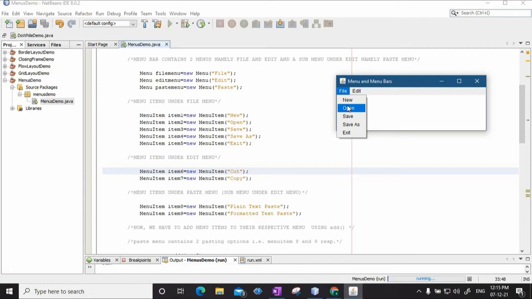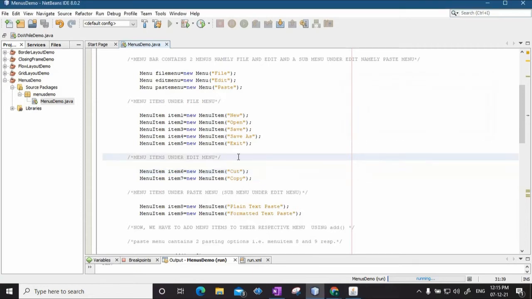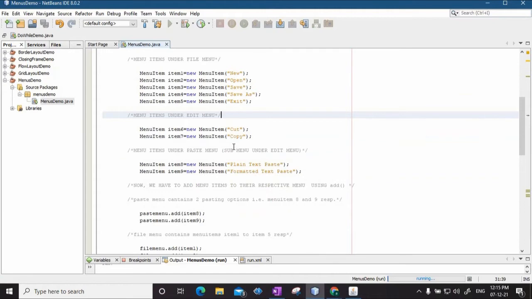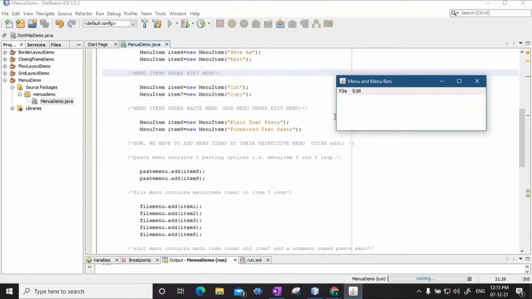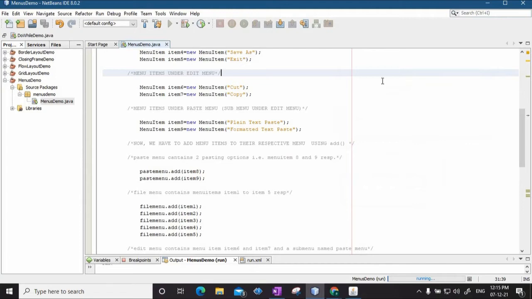All this is basically a part of an event, and we are going to use an action listener to listen to this event. Just as an example, I am showing you what will happen if I click on the open option. Right now nothing is happening because we have not defined any events.